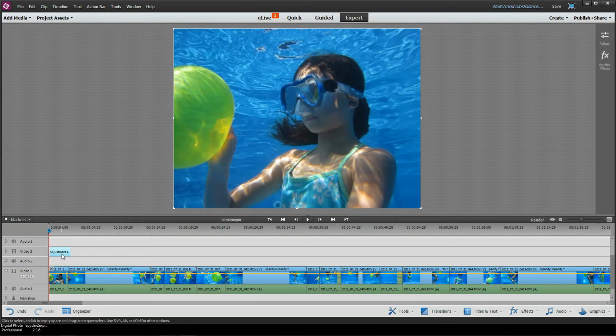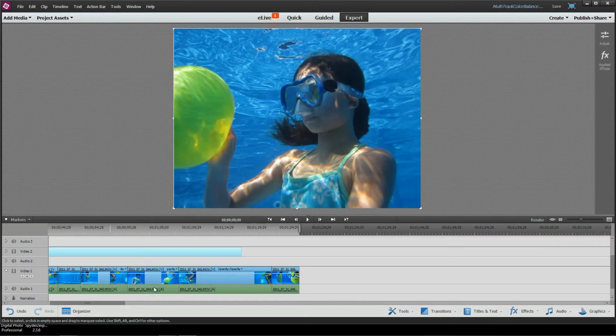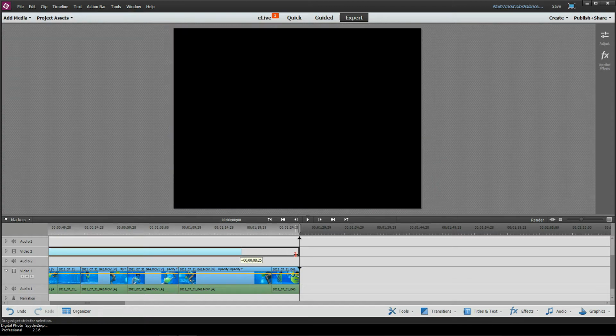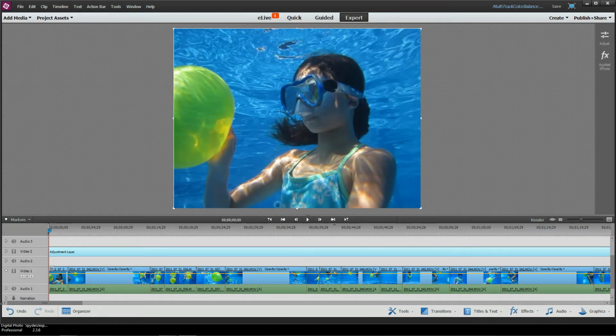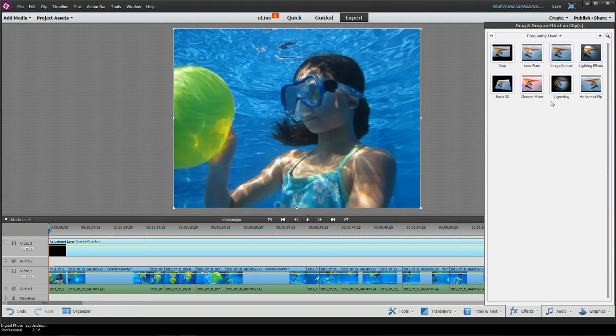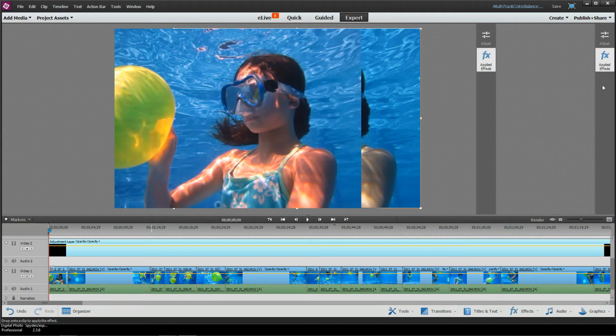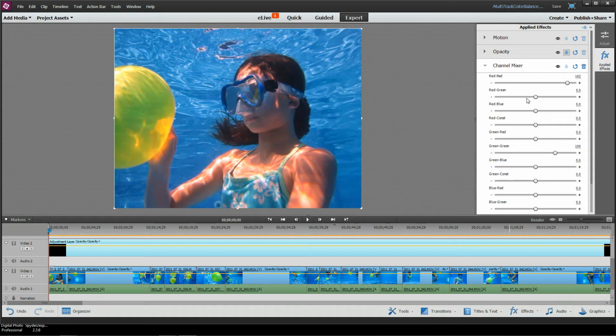So what I'm going to do is expand this to the entire width of my video just by dragging the little ends here. Nothing fancy. And then we're going to go into this adjustment layer and we're going to apply an effect. And that's going to apply it to this adjustment layer, which happens to hit all of these individual clips. So we'll go to My Favorites and we'll hit, I don't know, Channel Mixer. And then we can tickle the options here.